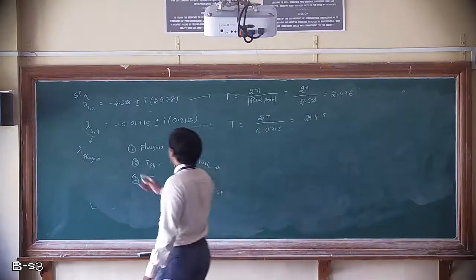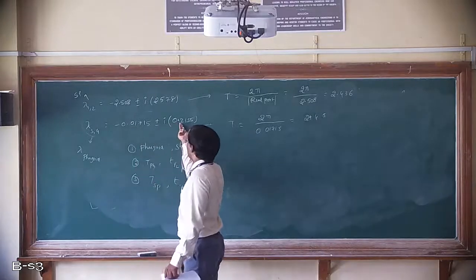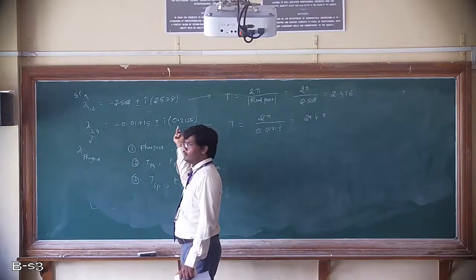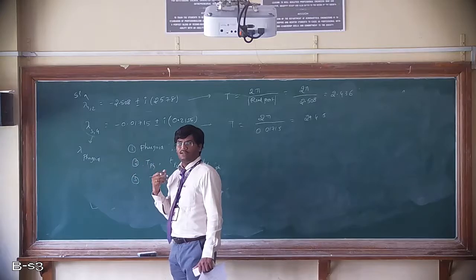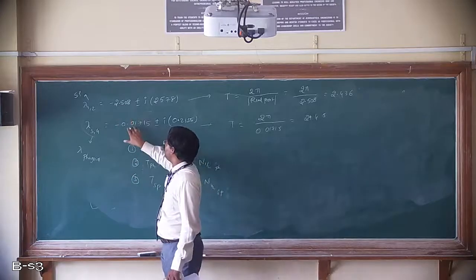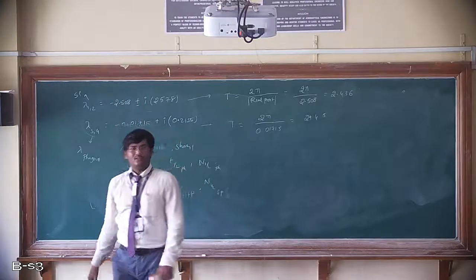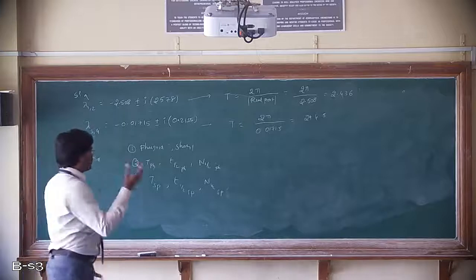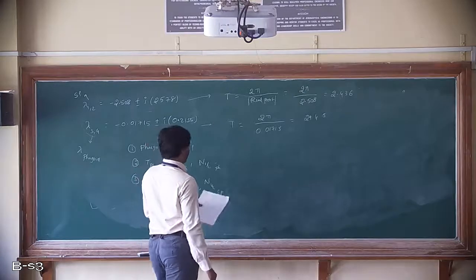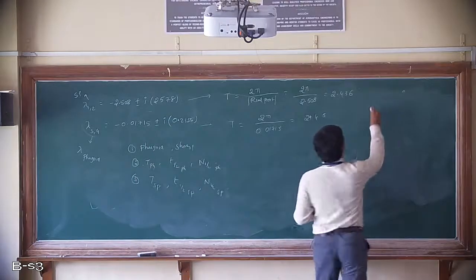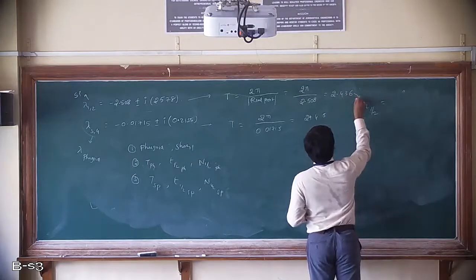Otherwise, yesterday we discussed that for the Phugoid mode, the roots are very near to the imaginary axis. That means minus 0.01, these are very near to the imaginary axis, 0.213. This real part is very, very close to the imaginary axis. Are you getting? This one is far away from the imaginary axis, 2.5. So simply you can say this is Phugoid and this is short period by observing also. Are you getting? You can do it like that also. That will come by practice.